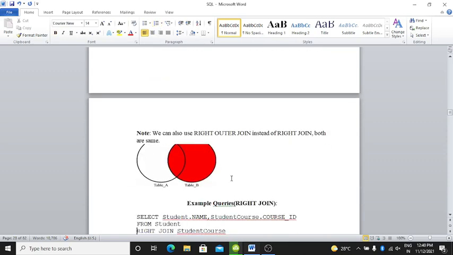Note, we can also write right outer join instead of right join. Both mean the same.